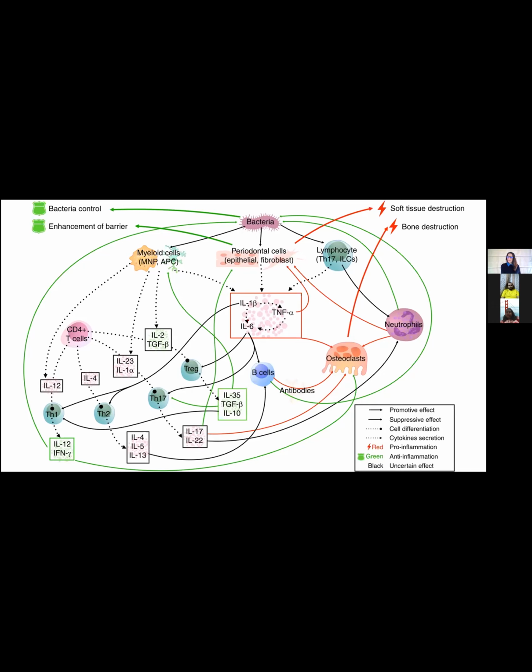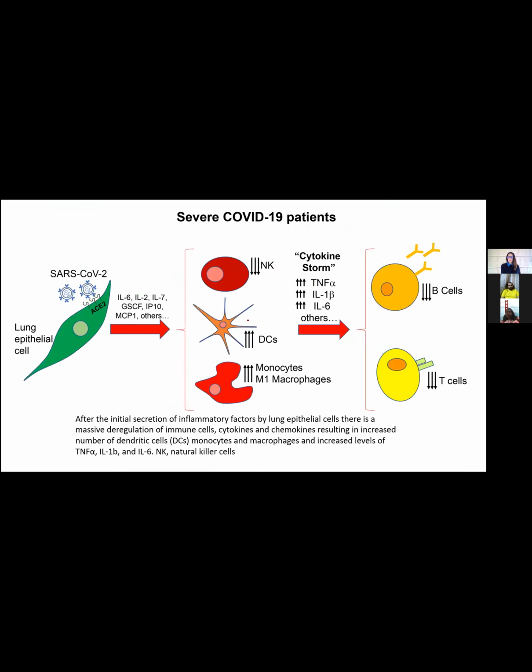All right. Let us come to COVID now. We saw everything about periodontitis, and we made correlations at several points. Now let us come to COVID-19. What happens in severe COVID-19 patients? Okay, so on the left hand side, SARS-CoV-2 attaches to the ACE2 receptors. Of course, ACE2 is not the only one. We also have CD26, which leads to the secretion of a lot of cytokines. We can see interleukin 6 here.